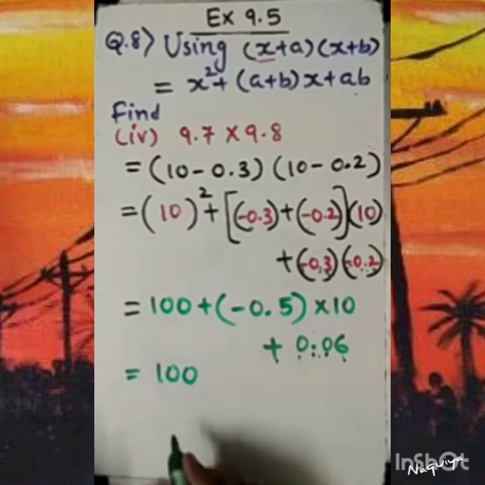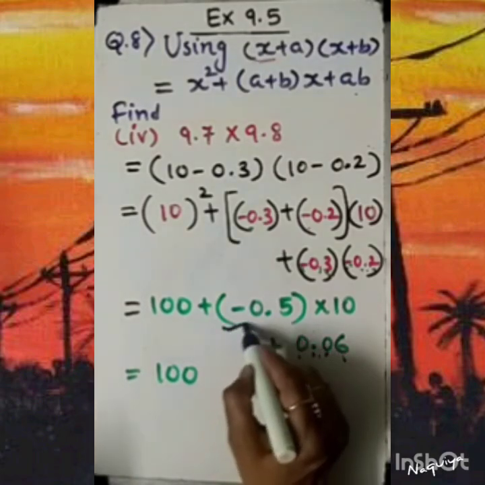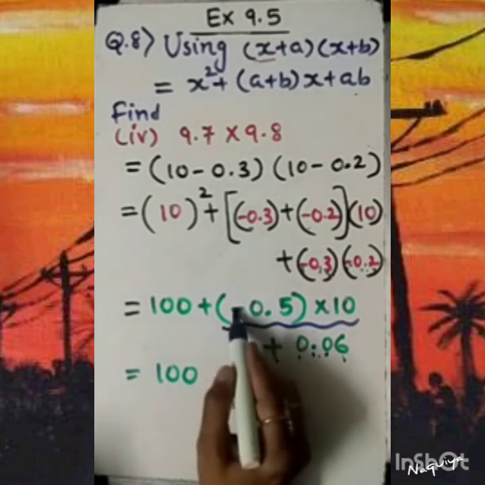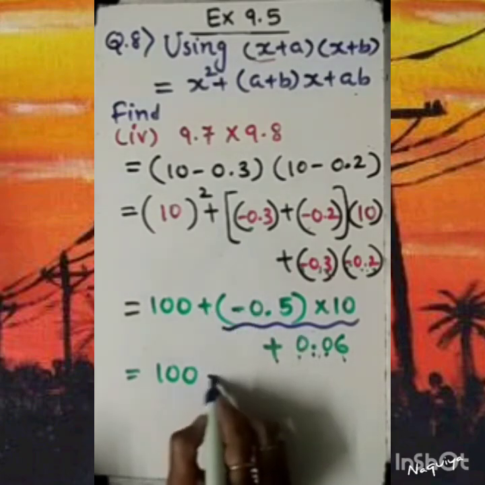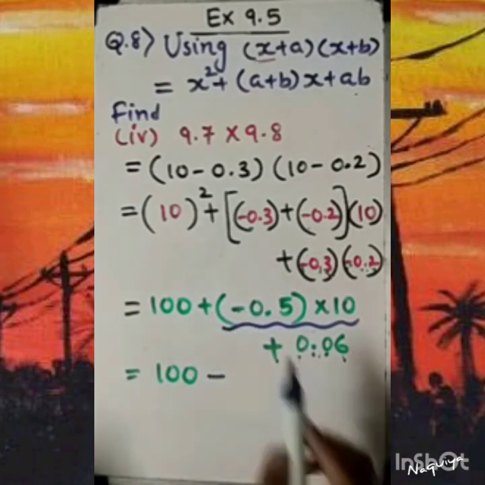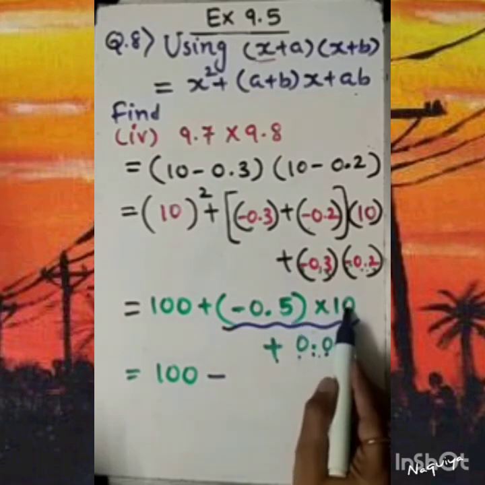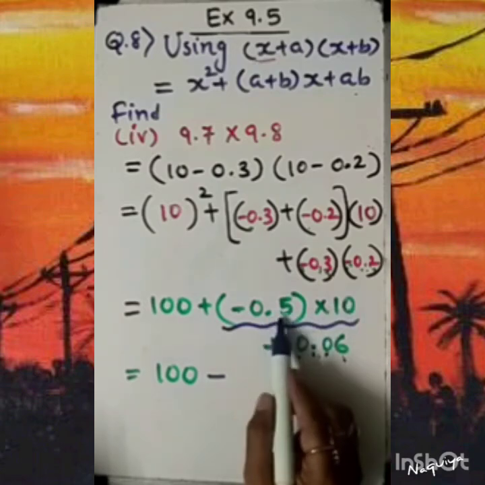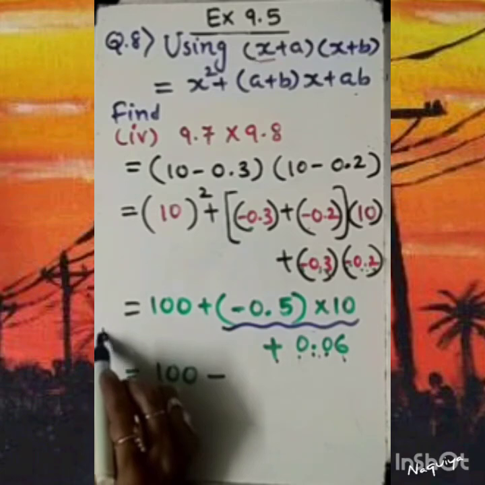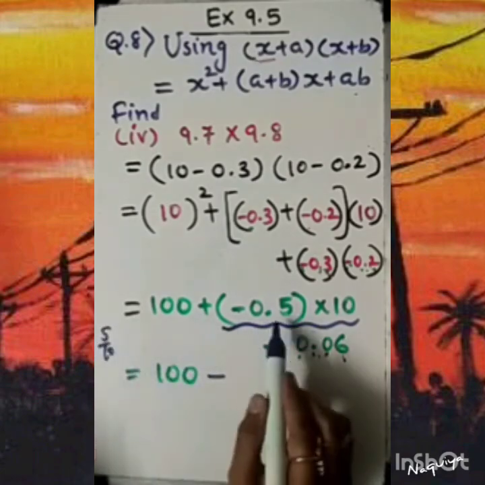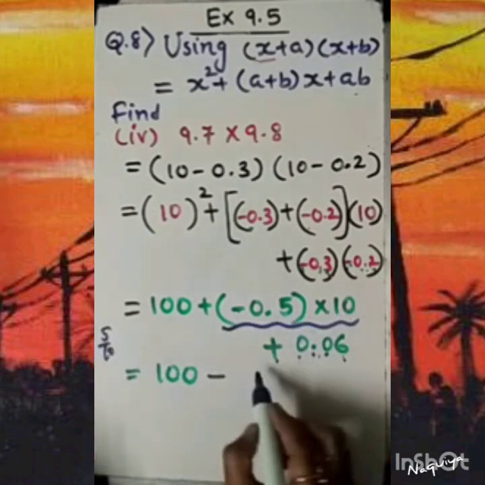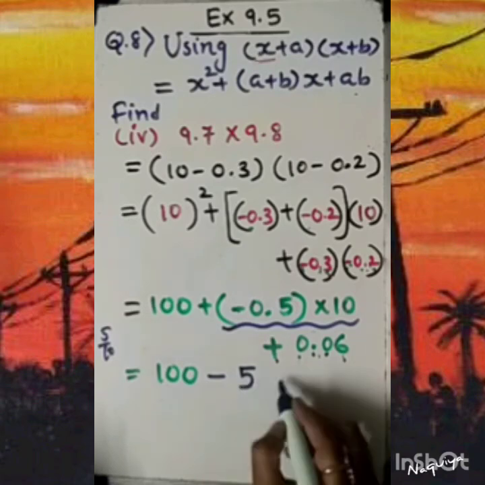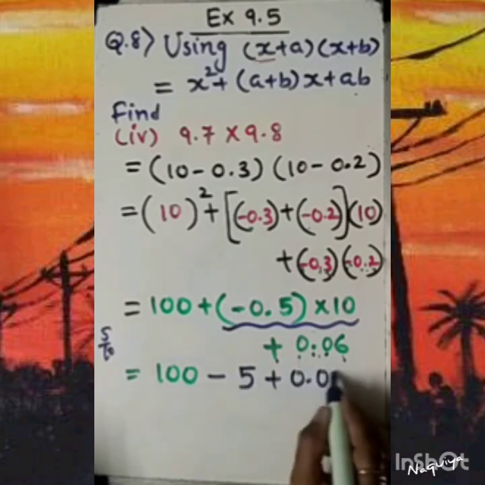This is 100. Now, first of all, we are going to multiply this with this. As we know, here it is 0.5 into 10. Minus is already there, plus minus, minus, okay. Here 5 by 10 into 10. Here if I remove the decimal, then I need to mention it is 5 by 10, right? 5 by 10 into 10. 10 cancels, only 5 will be left. And here it is 0.06.